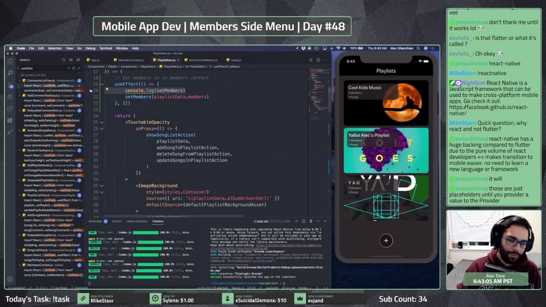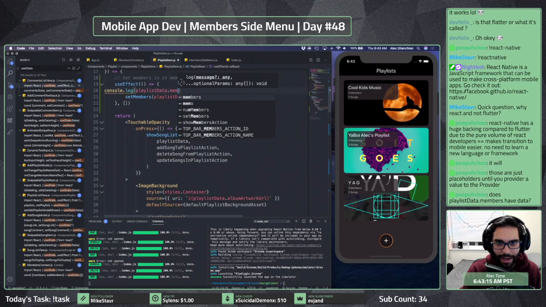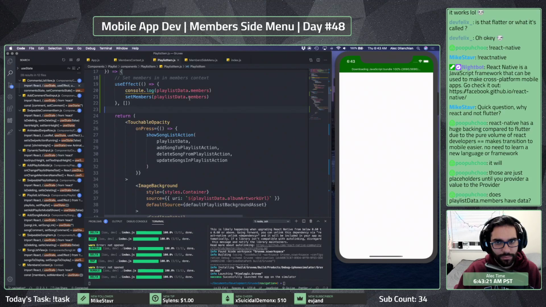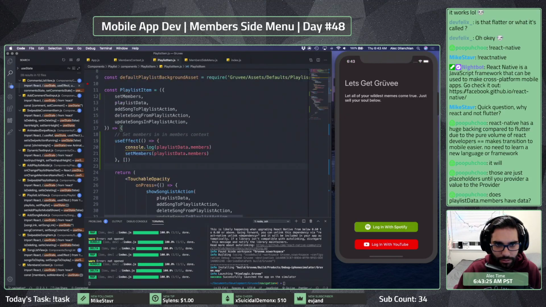So I'm wondering if, at this point, yeah, okay, that's what I was going to check next to see if this actually has it. Because it does. It should have some members in it.